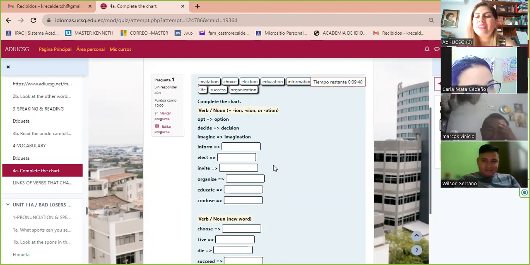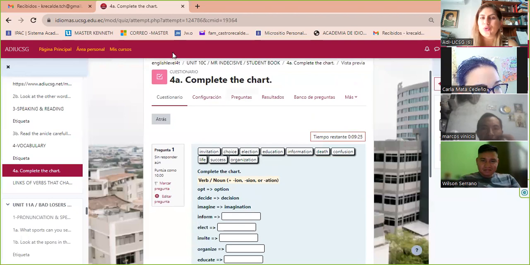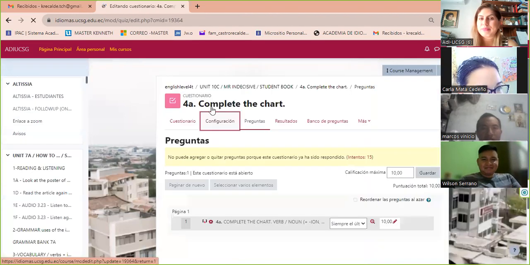ya puedo ingresar, Miss. Gracias. Ok, Marquitos. Ya estás Ayúdeme, preocupado. Ya estás ayúdeme, preocupado. ayúdeme que ahorita esta es la primera tarea que tenemos que realizar. Sí, ya hicimos el review. Ahorita estamos recién trabajando en el ejercicio 4A de la unidad 10C. ¿Ok? Ok, Miss, gracias, muy amable.